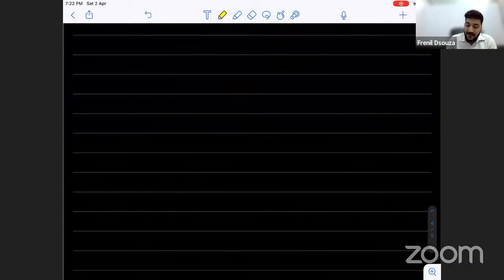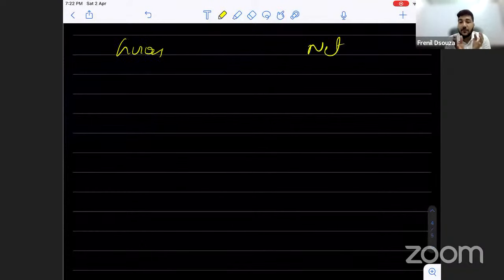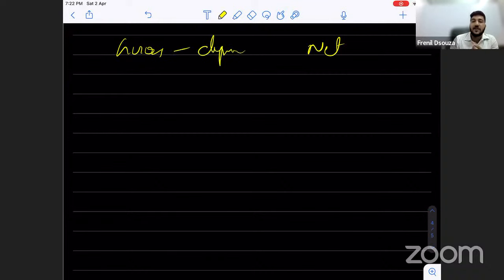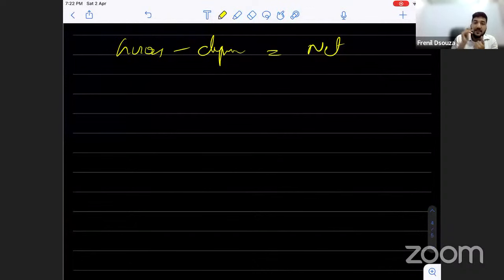Just like that, when I say gross and when I say net, there is a way in which I can convert the gross into net. That's the easiest thing. Everybody knows, you minus depreciation. You have done it in accounts all the time, right? So gross minus depreciation will give me something called net. That is our first conversion. Second conversion,